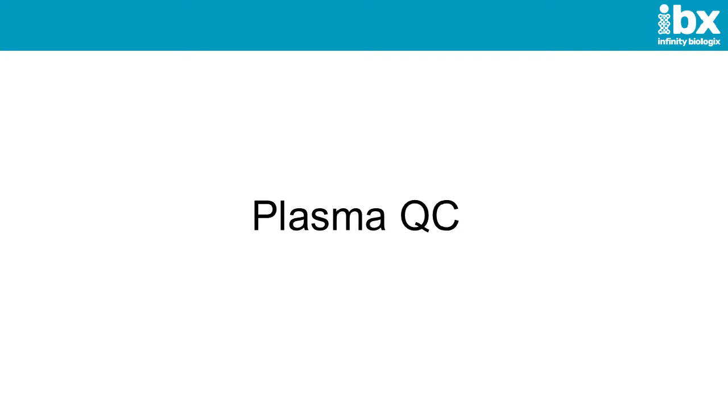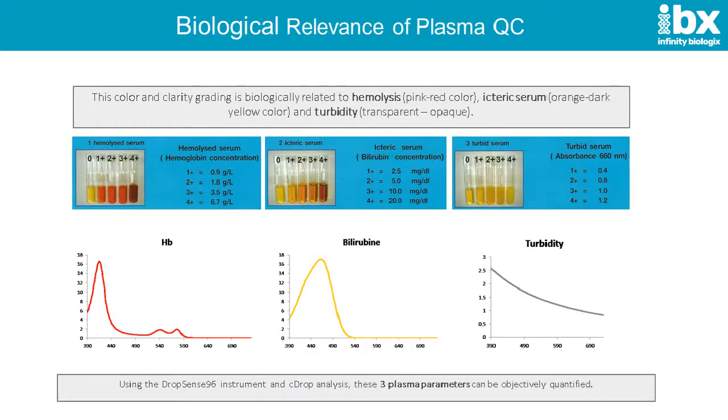The first QC approach I'd like to talk about is plasma QC. The biological relevance of plasma QC until recently is really largely unknown. The color and clarity gradings that are done, whether we look at whether a sample is hemolyzed, which would lead to a pink-red color, if the sample is icteric, which has an abundance of bilirubin, it could be orange or dark yellow color, and then the turbidity of the sample, whether it's transparent versus opaque, all have different impacts on